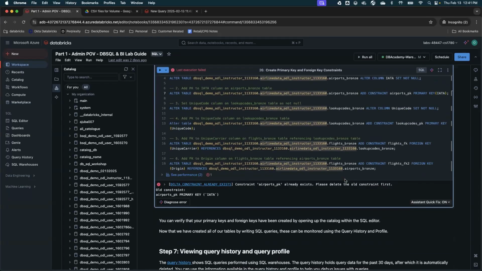Then we are creating foreign keys on your flights bronze table on two different columns. One connecting to lookup code bronze for unique carrier, and another connecting to airport bronze for origin.